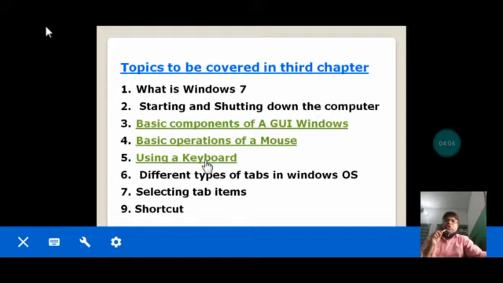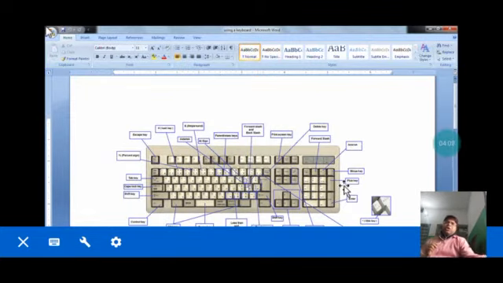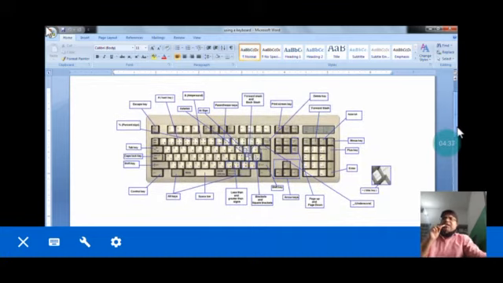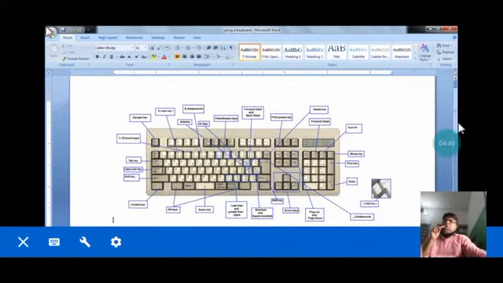Next one is using a keyboard. You can see your keyboard containing many keys, like the escape key and function keys. You have the print screen key, scroll lock, and pause. You have your numeric pad, your caps lock, and the QWERTY keys. Many keys. You have control keys also. You can see on the screen, I have labeled each and every part. You can understand those keys very nicely. You already read this in standard 3rd, 4th or 5th classes. Understood? But still you can understand.